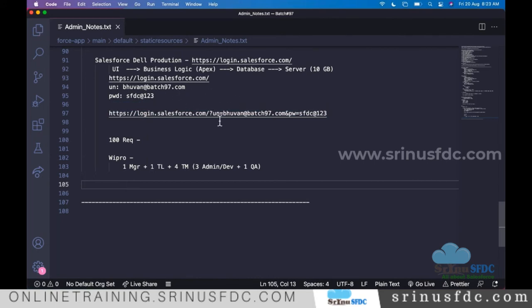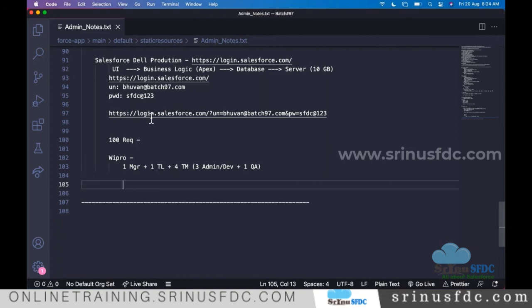So the thing is, when the project starts and when the development starts, we should not directly work in the production. In production, all Dell employees day to day are using the applications, creating the records, creating the data. The live data is there. If you directly work in production, the real data will be affected. They see some awkward errors and all those things. To avoid that, we have to work in the test environments.